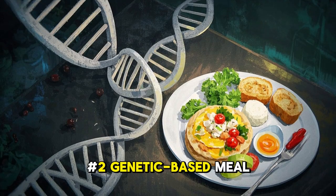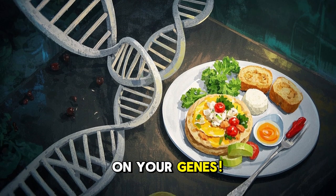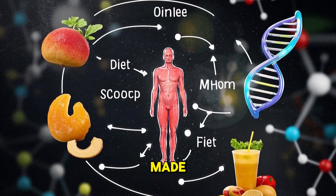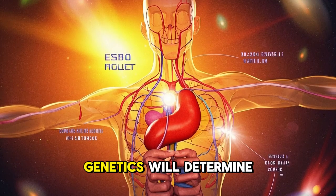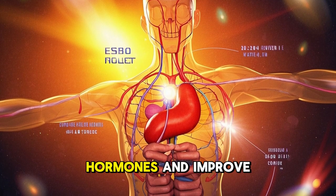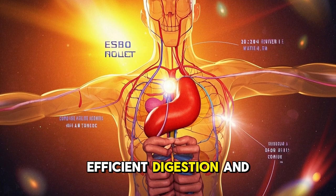Number 2, genetic-based meal frequency. Eat at the right times based on your genes. Personalized meal frequency recommendations will be made based on an individual's genetic makeup and metabolism. Genetics will determine optimal meal times, helping regulate hunger hormones and improve metabolism, resulting in more efficient digestion and energy